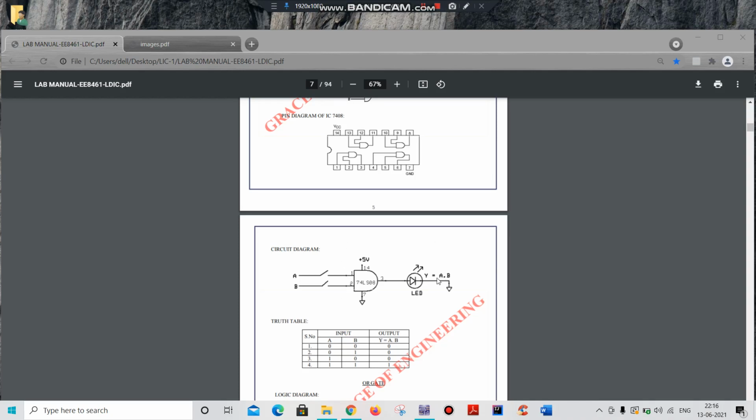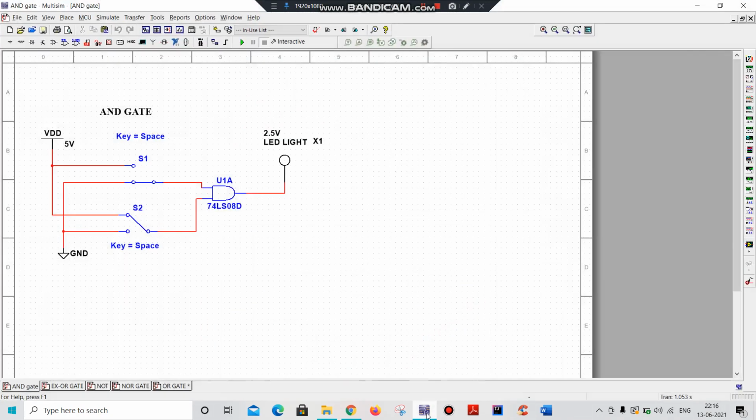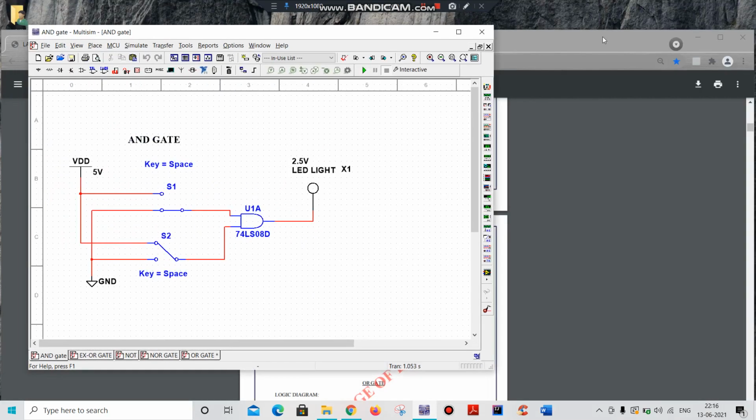So in order to get the concept, I just use Multisim to verify these two tables.